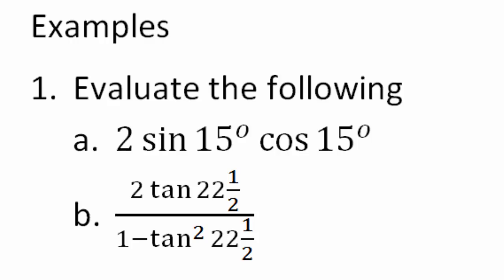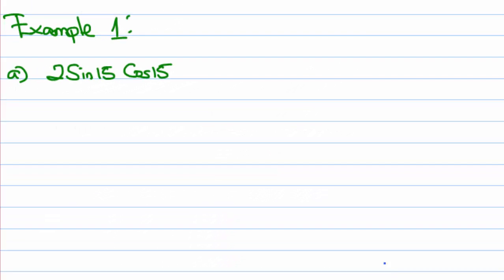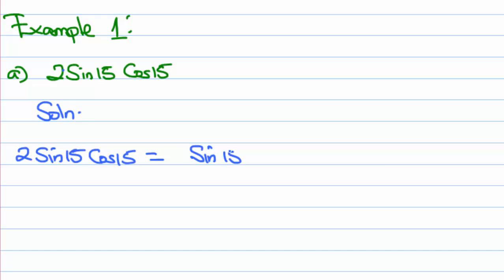Evaluate the following, and we are doing part A, 2 sine 15 cos 15. We are going to be using the concepts of the double angles to solve these. There are very many methods for killing a rat, just like I already said, but this time around we shall kill it this way. So you realize that 2 sine 15 cos 15, once we split it up, we shall